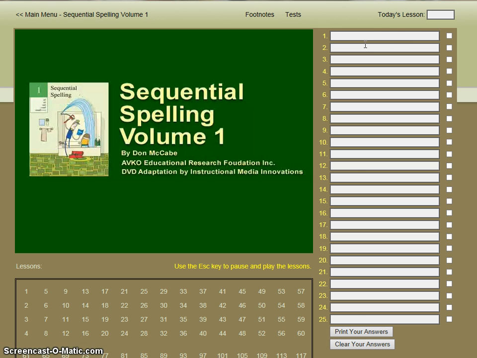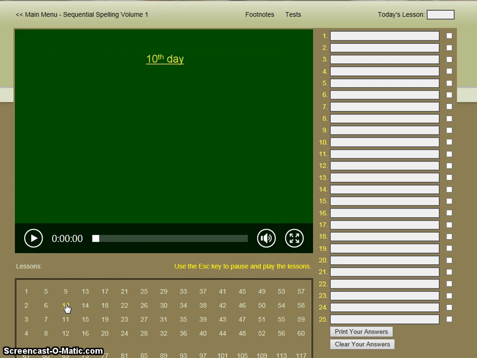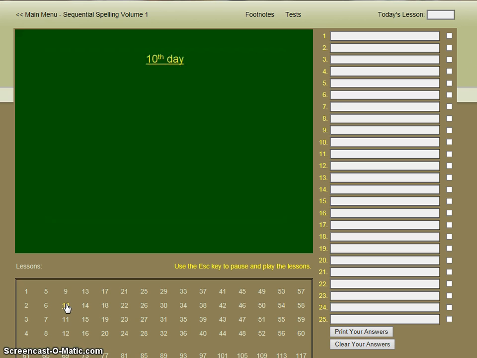A checkbox is provided next to each word to mark words for later reference. After the student has recorded and corrected all of their answers and marked any words for later review, they can use the print button to print a copy for their records. In this section, the escape key in the top left of the keyboard must be used to start and pause the lessons. Each day, the student selects the lesson for that day and presses the spacebar or escape key to